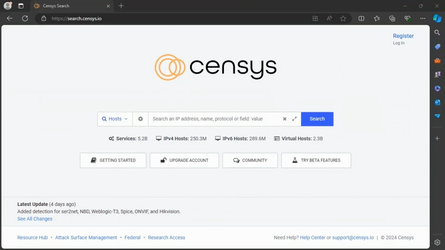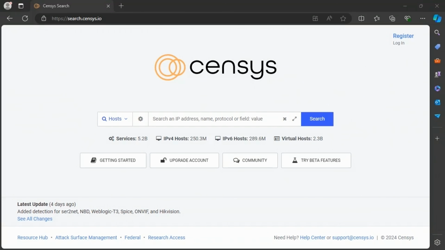services. Some of the use cases that we can use Censys for include identifying and tracking various assets, detecting vulnerabilities within those assets, monitoring for threats, and performing research and analysis. Censys is very similar to other platforms like Shodan, but tends to have more of a focus on the research